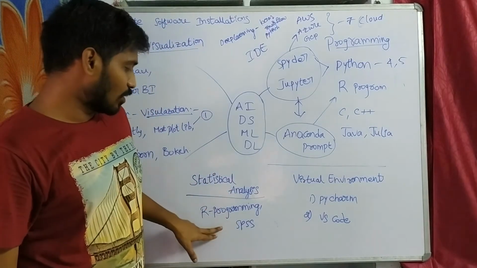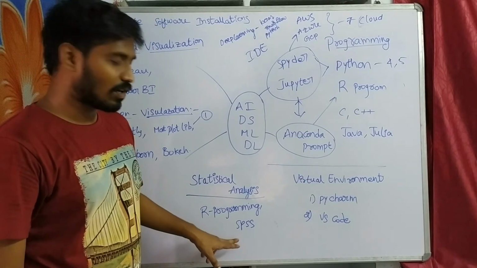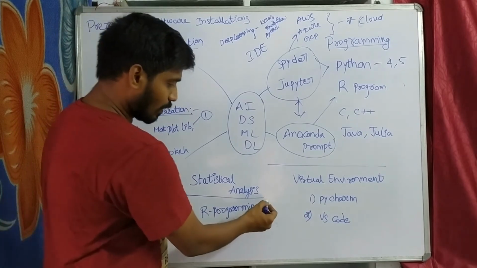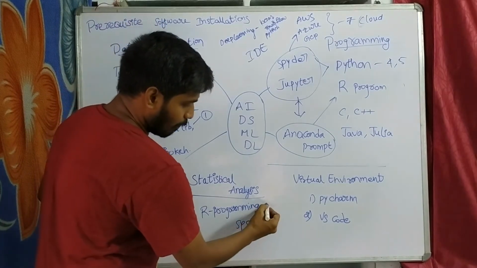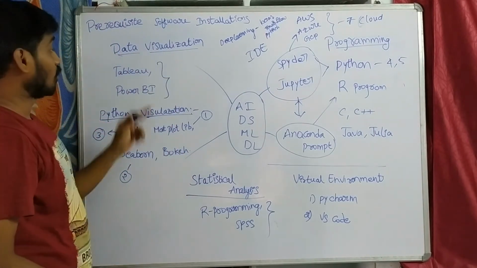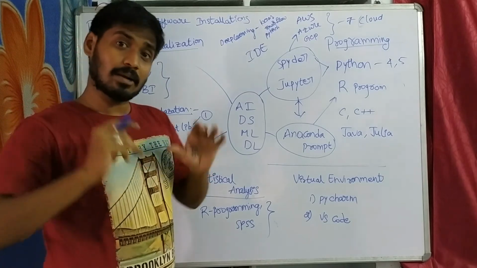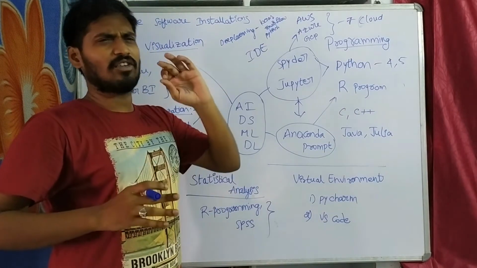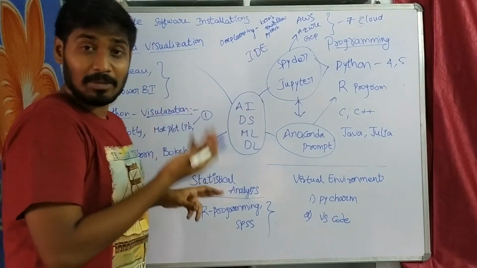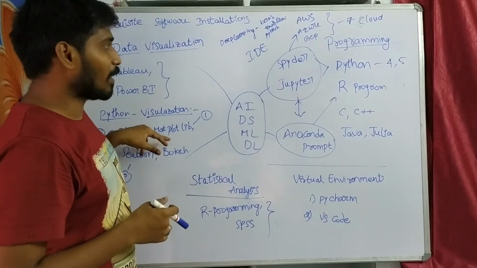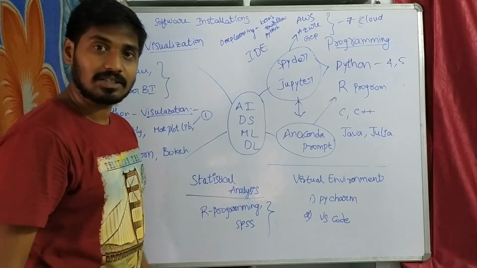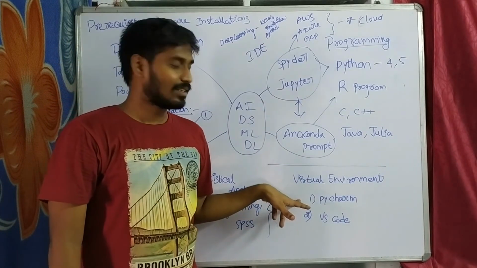And here we have two softwares. Not only two, there are some other softwares also, but generally people use R programming and SPSS. These are completely professional for statistical analysis and data visualization. When I say professional, I mean only for that purpose, not for other purposes. Python also has libraries, but they are not particularly for Python; these are particularly for data visualization and statistical analysis. Now you have a good idea about this, right?